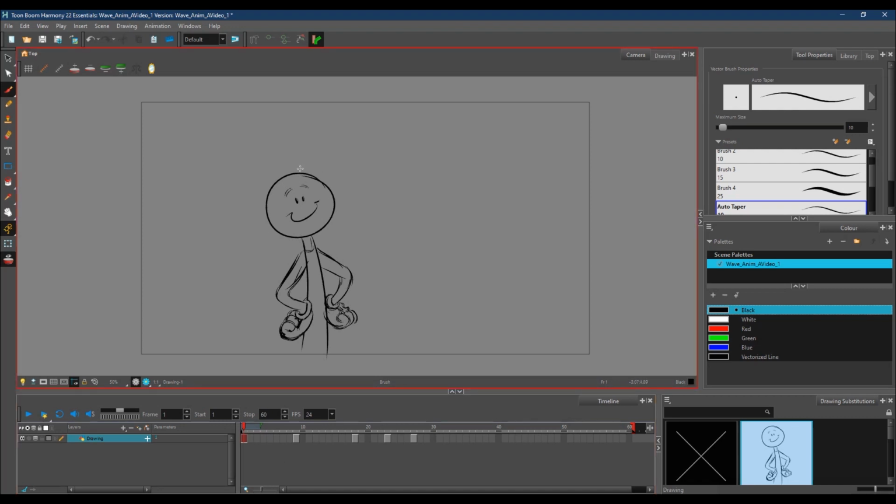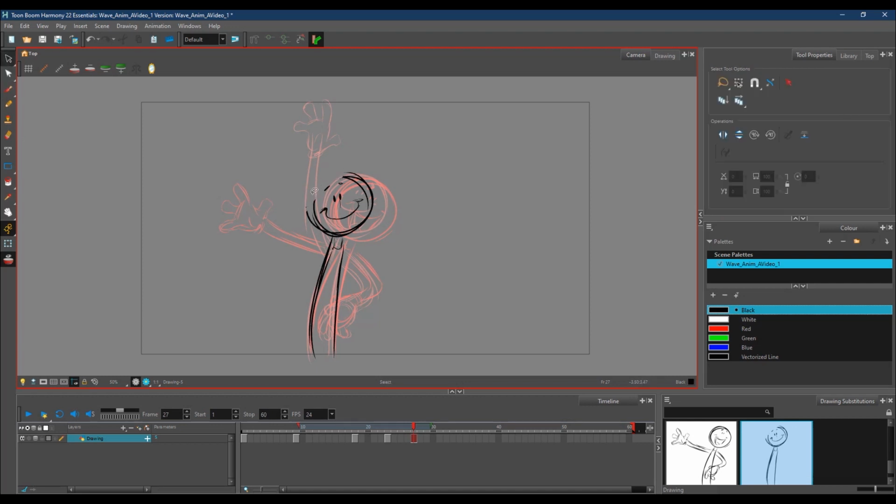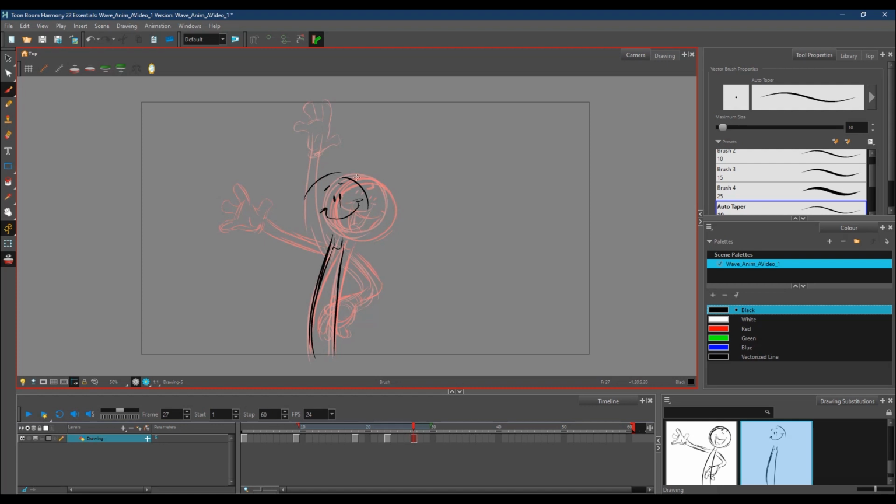If I look at the volume and the size of this first drawing, this is usually the drawing that I want to sort of measure everything against. You can see that my head is getting a little small. And I want to make sure that that is staying consistent. So I can either, just kind of rough it out again,